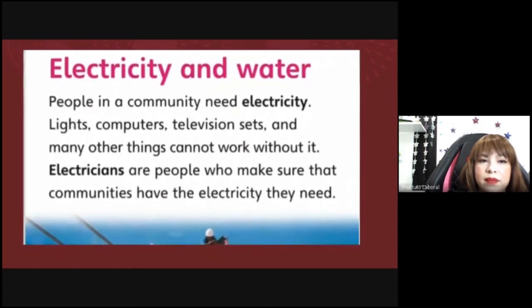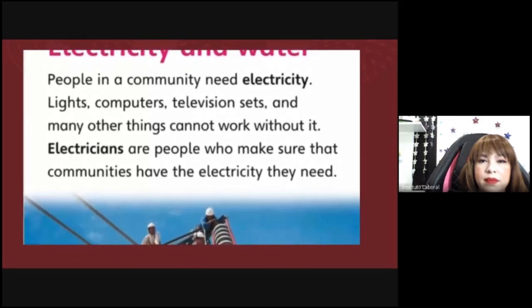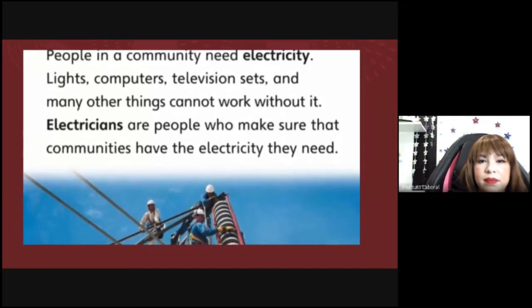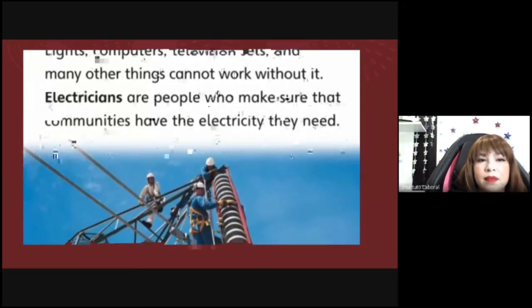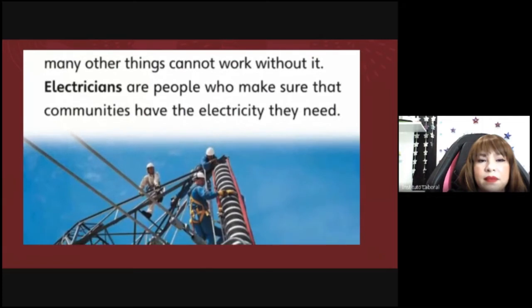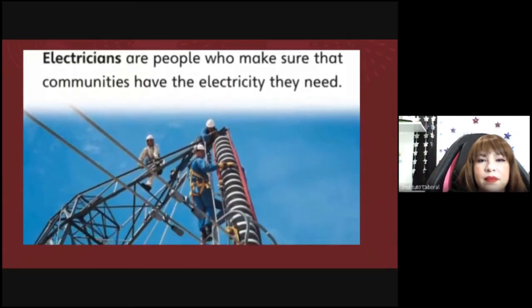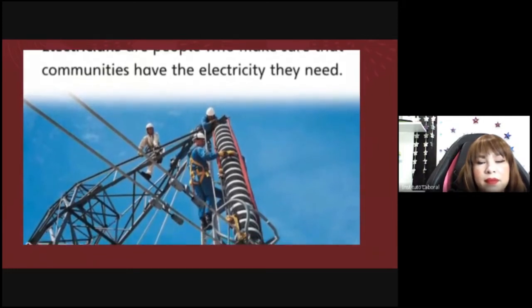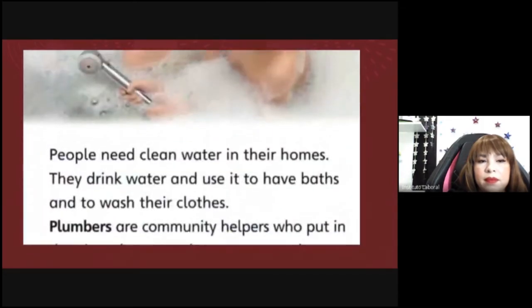Electricity and water. People in a community need electricity. Lights, computers, television sets, and many other things cannot work without it. Electricians are people who make sure that communities have the electricity they need. People need clean water in their homes. They drink